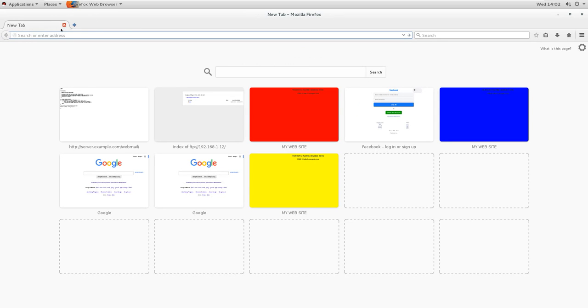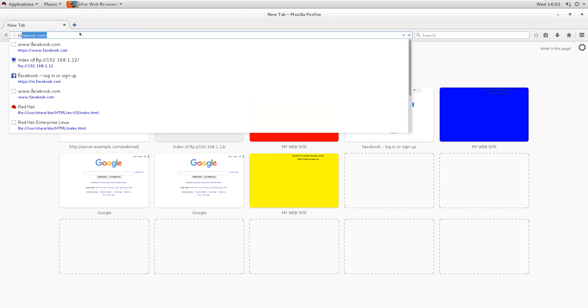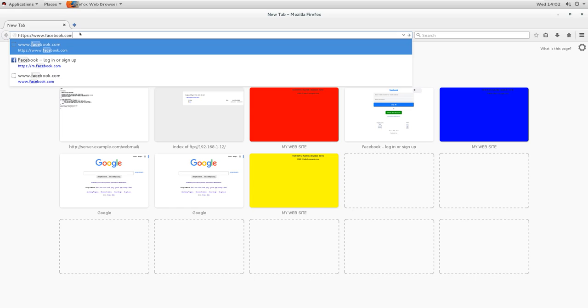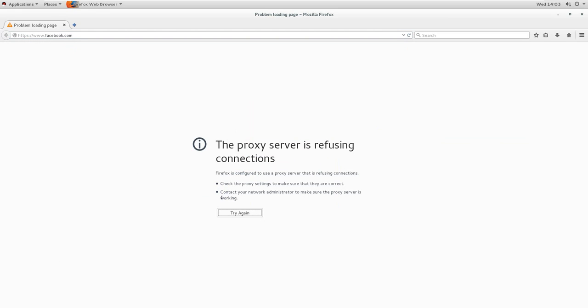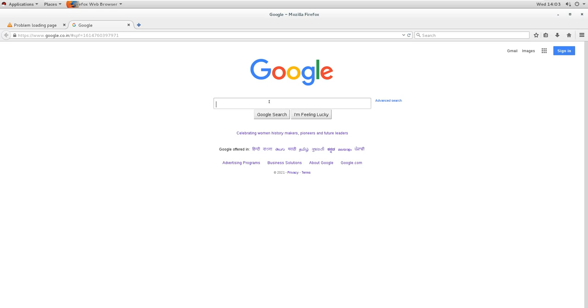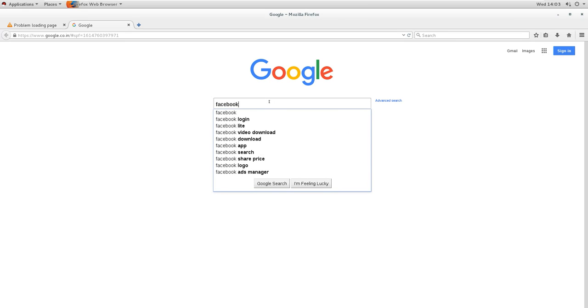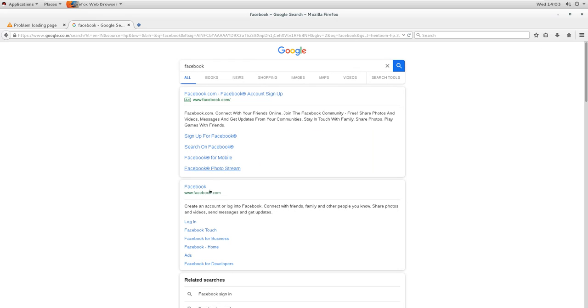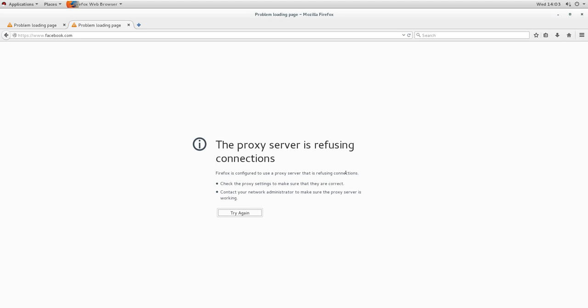going to be denied, because this browser is having the caching thing. Now it is denied. What does this Firefox do? It caches lots of things. So it is getting it from the cache, but when I open it in a new tab, it shows that it is denied. So now it is refused by the server. So, server, you cannot access this site, but you can access any other site. You can go to Google, and you can even search for Facebook there. You can see the Facebook search here, but when you try to go to the Facebook site, it is denied because we denied that site.